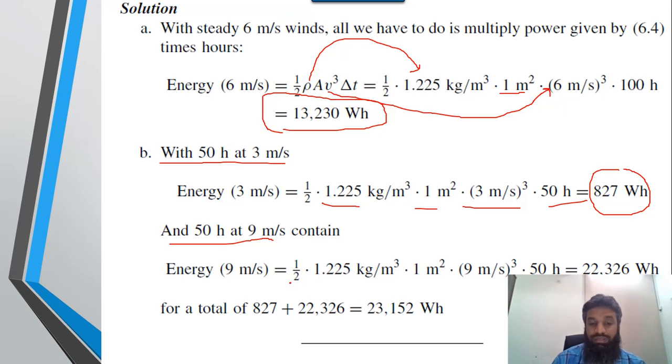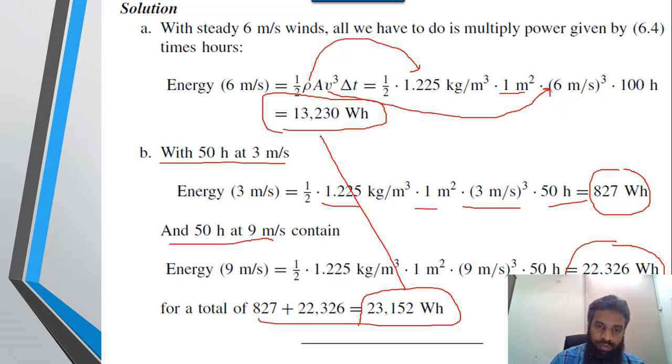And for the second case, we have half, then we have rho into area into the speed, and now the speed is 9 meter per second into time. So the overall power which is produced is basically 22,326 watt. So if we add both the power, then the overall power will be 23,152. If we compare these two power, then you will understand that the power at 6 meter per second for